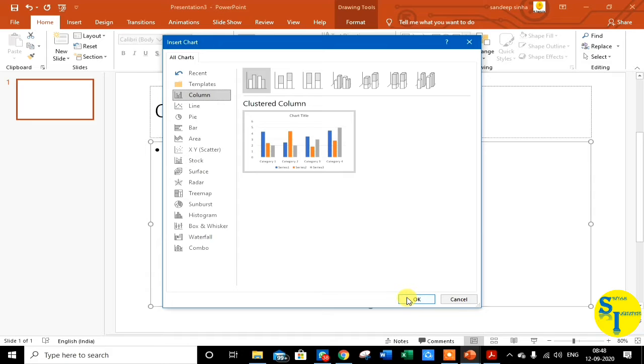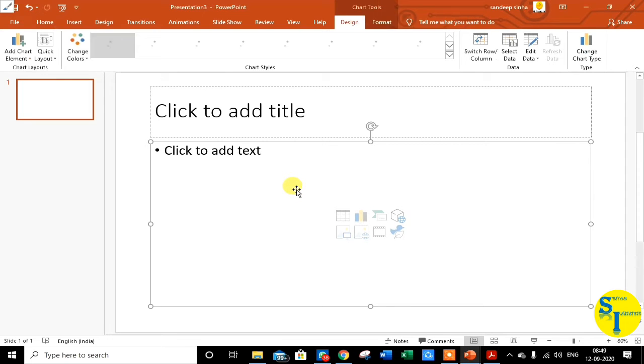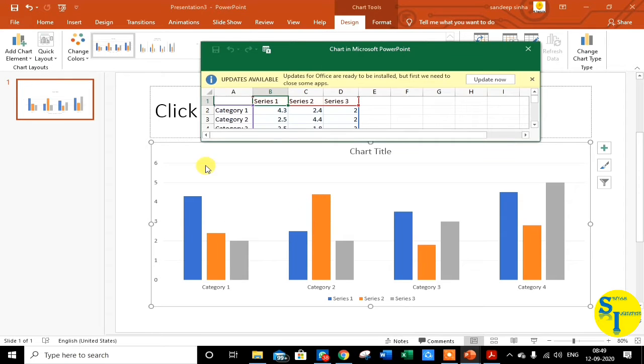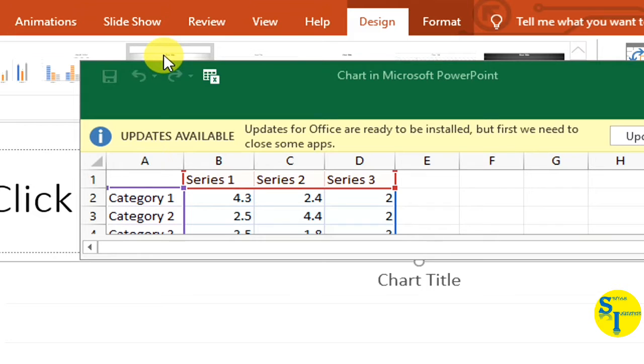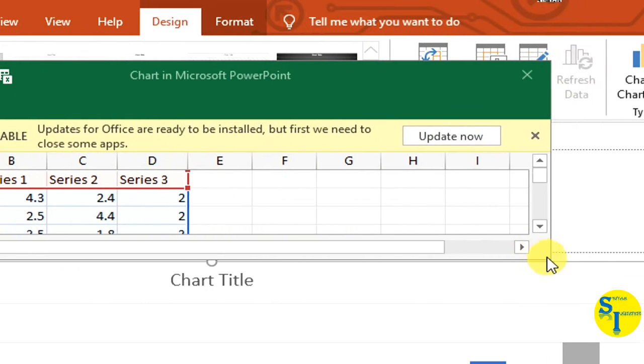When you click on the OK button, the chart will be inserted in the slide, and the chart's Excel sheet will be opened. You can see this Excel sheet.